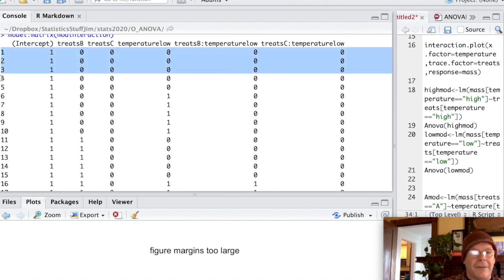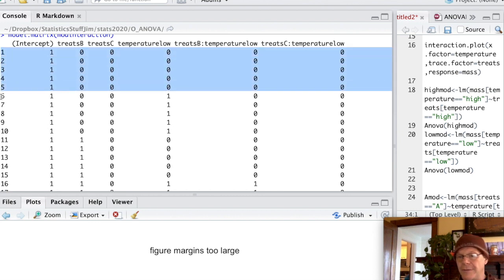These first 5 rows here are the individuals that are on diet A, and they are those individuals that are at a high temperature. Remember that because we're dealing with a cell means model, we take the lowest level across factors as being the intercept. So in this case, the intercept is going to be the mean of an individual on diet A or treats A